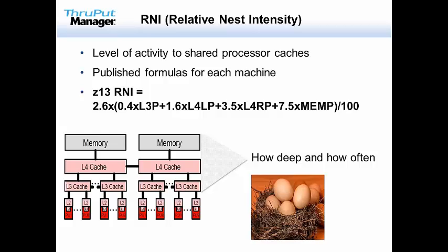You've probably also heard the term relative nest intensity, or RNI. This is a simple number measurement. It's not the end-all be-all, but it's certainly one of the numbers that you should be looking at, referring specifically to data out of your Type 113 records. This is the CPU measurement facility that gives you the specific statistics from the processor cache. What are the actual hit ratios, miss ratios on each of the levels, level 1, level 2, level 3, and so on. There's a lot of very good data in there.